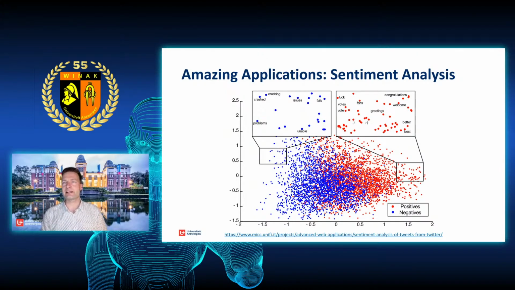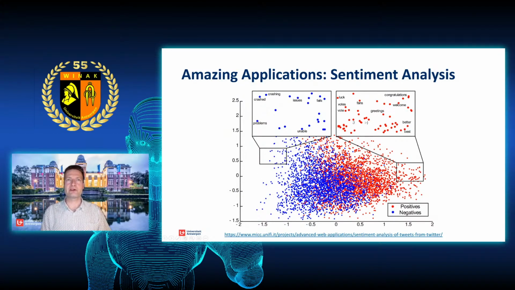So here you see an application in sentiment analysis. So this is of tweets. You have tweets with a positive or a negative sentiment. Again, we compute the average position of the words in the tweet. The red tweets are the positive ones. The blue tweets are the negative ones. Again, a projection on the first 2 principal components. And you see that we can separate, or there are regions where red points are more prevalent and regions where blue points are more prevalent.